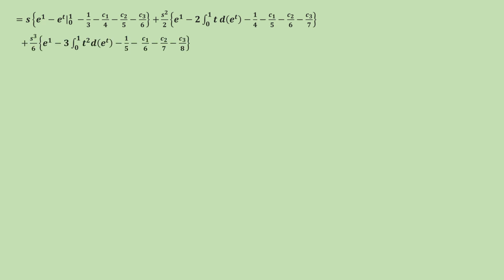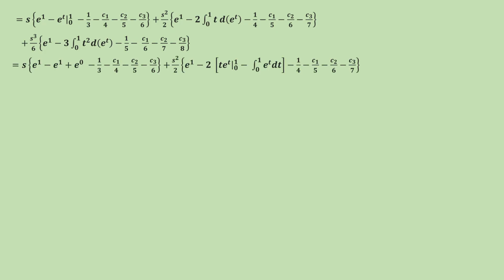Then s cube by 6: first e power 1, then minus 3 into integral 0 to 1 t square, derivative of e power t, with the remaining terms as they are. Here minus 2 into integral t, derivative of e power t, the second term. So substituting the values: e power 1 minus e power 1 plus e power 0 minus 1 by 3 minus c1 by 4 minus c2 by 5 minus c3 by 6, plus s square by 2